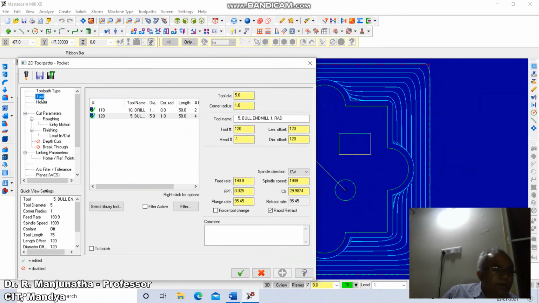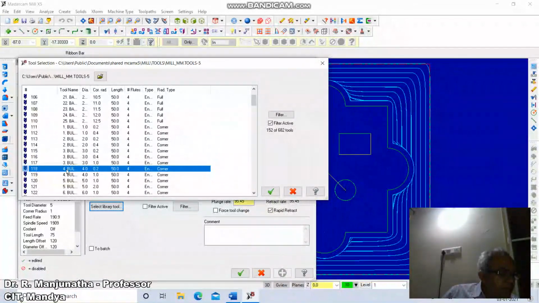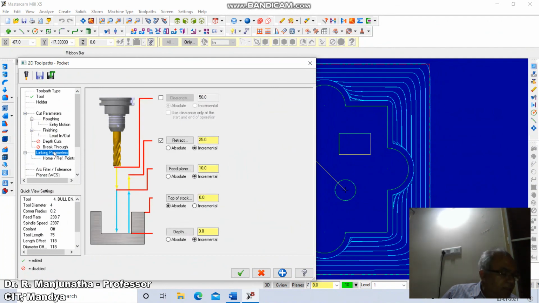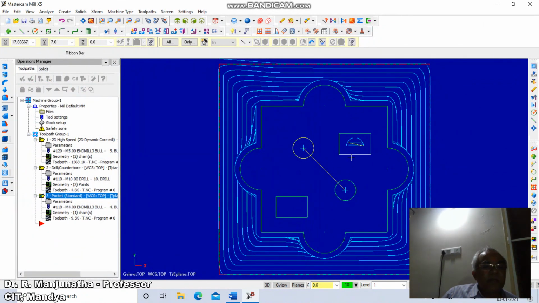Click on select from library tool. Then click on select 4 mm. So 4 mm means it is 118. Then click on right tick. Click on linking parameters. Enter the depth value as -17. So we're going to have this machining of this.